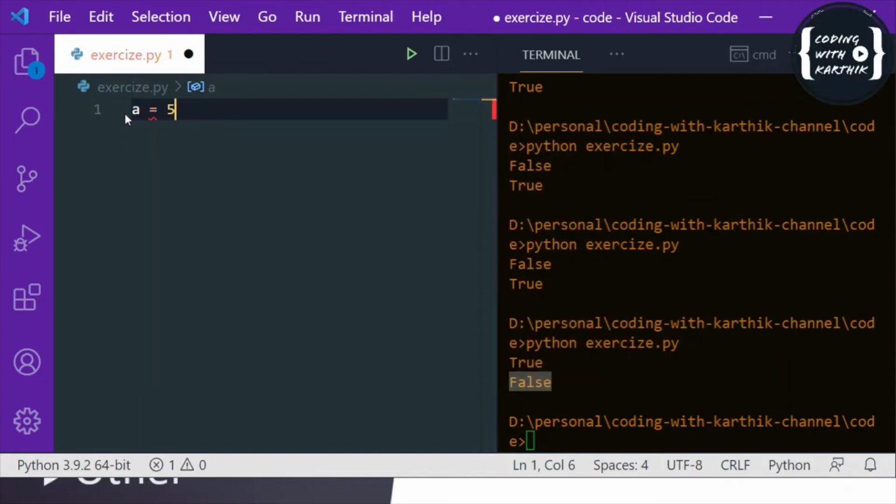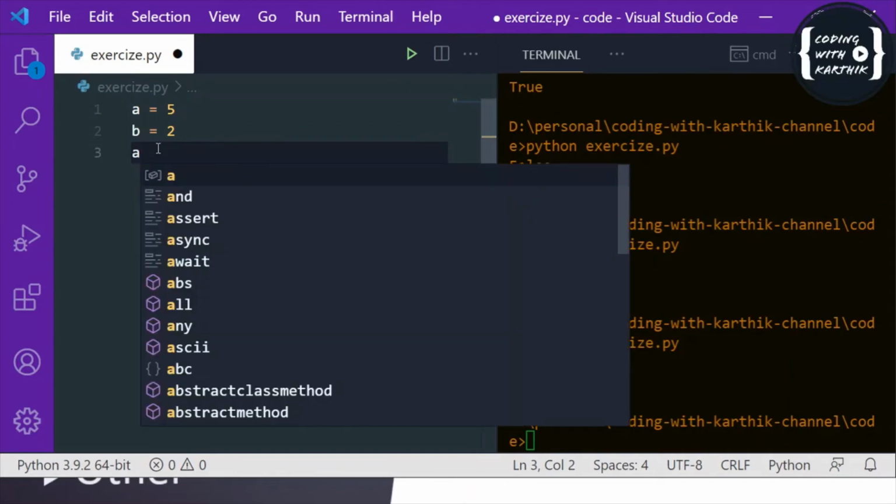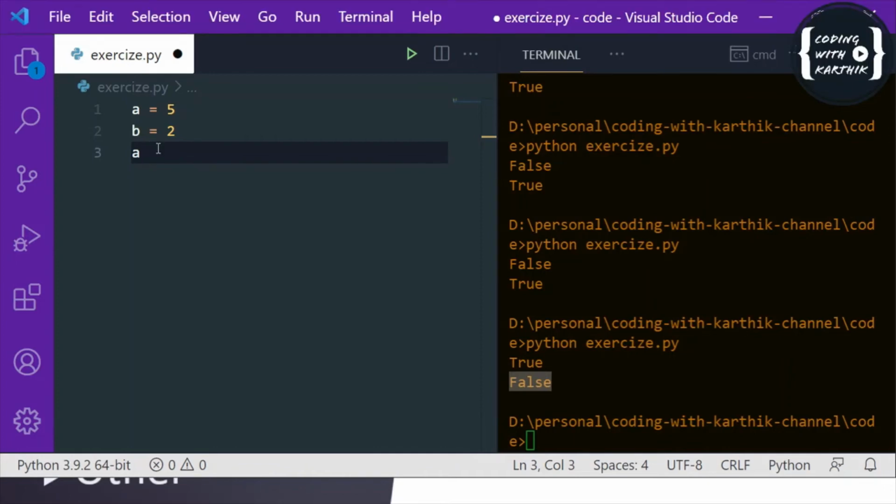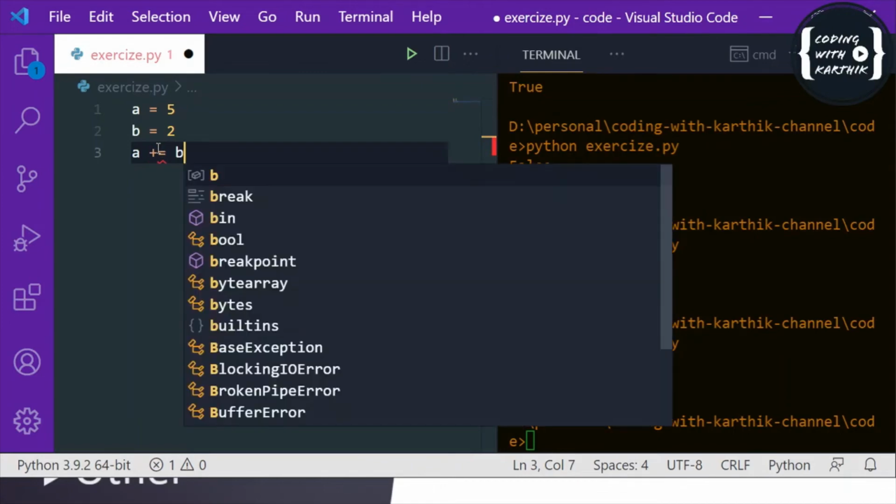Let's say you have a equal to 5 and b equal to 2. So here this equal to is the assignment operator, and there are other operators you can use. So you can use, like, a plus equal to b.